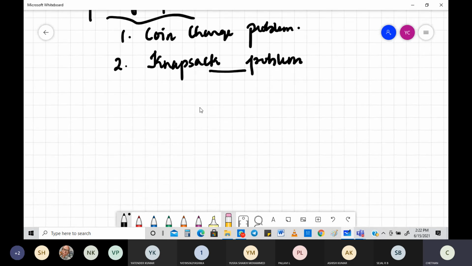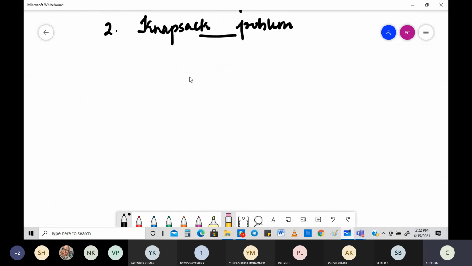As you can see, it clearly talks about knapsack problem. Okay, what is a knapsack? It's more like a bag. You need to put objects or items into that bag, and you need to transport it to some place. And once you transport it, you need to sell those items. If you sell those items, you get profit.